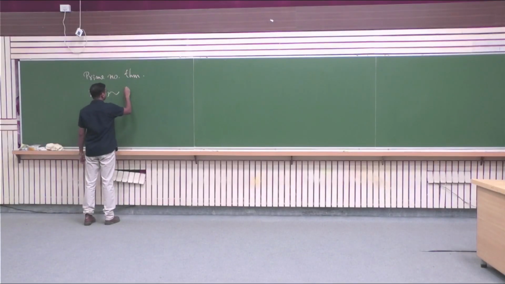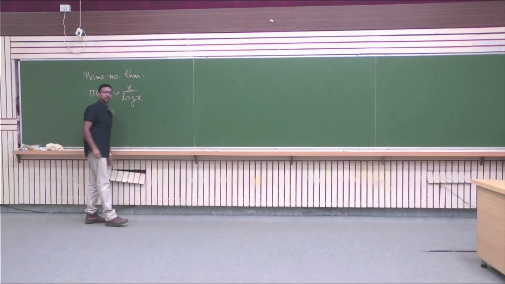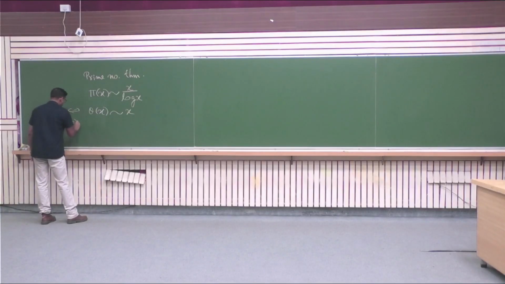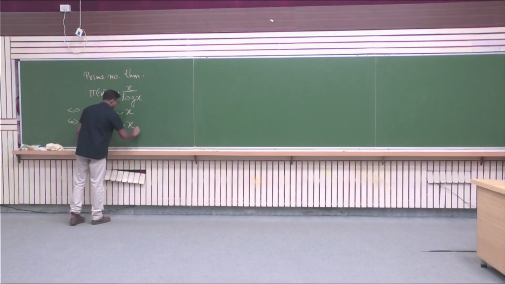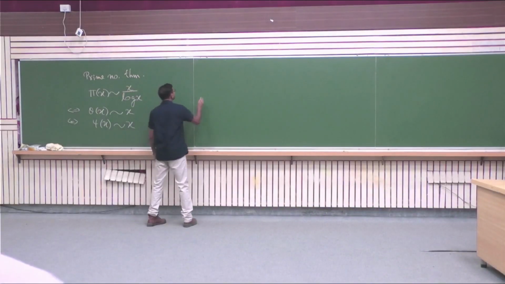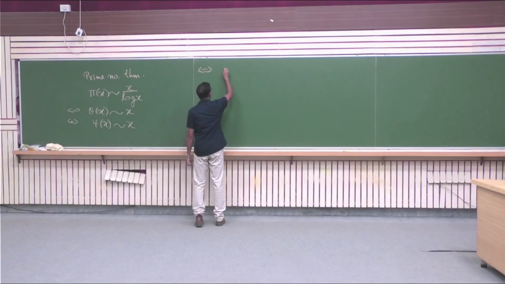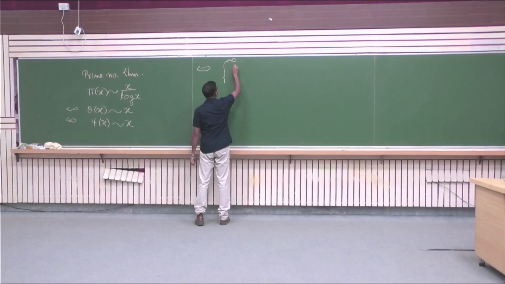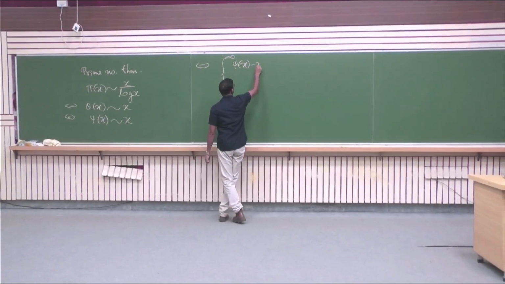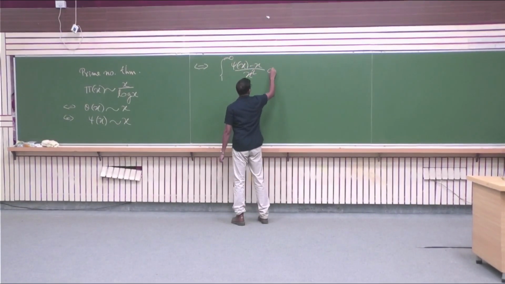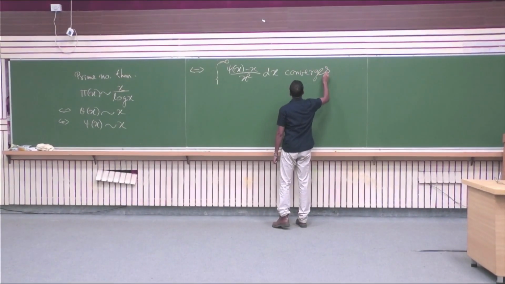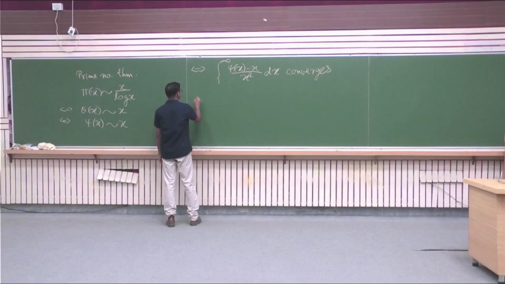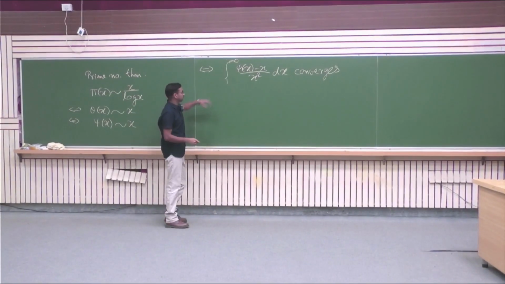Pi x is of the order x by log x, which is equivalent to showing that psi x is of the order x, as well. That is equivalent to showing that the integral from 1 to infinity of (psi x minus x) by x squared dx converges. Okay, and now in order to show this, we